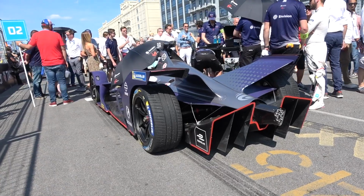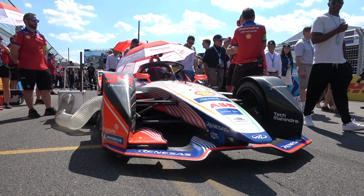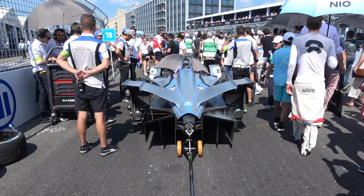So let's talk about the cars because they are pretty awesome. Obviously they are fully electric. They all run on the same Michelin Pilot Sport all-weather tires. So we've got that level of equality. They're about 2,000 pounds and they make 250 kilowatts of power. They're actually limited to 200 kilowatts of power during the race itself, but there's two really cool ways for them to increase the power a little bit during the race for a short period of time to gain an advantage